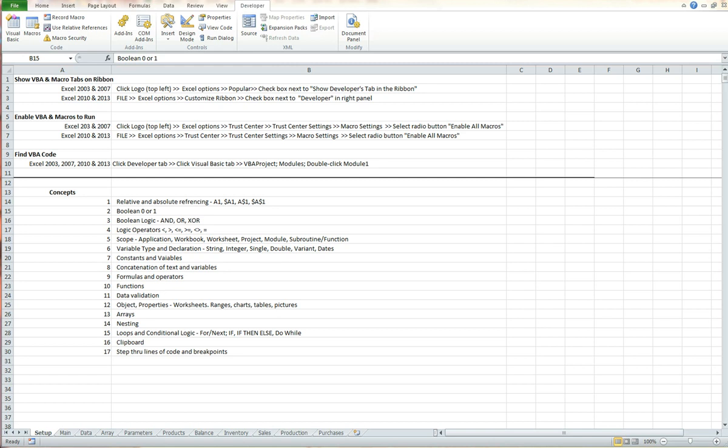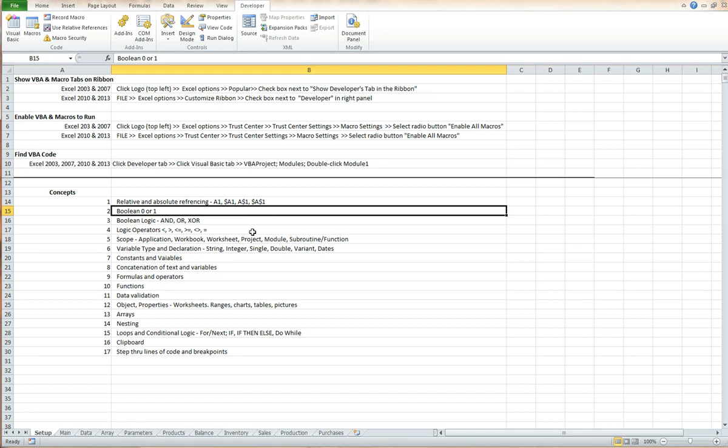So therefore, in a formula, you can actually have a calculation of real numbers where you're adding, subtracting, multiplying numbers together. But you can also do conditional testing where different parts of a formula will either be true or false. And then you can have operators between those, which would allow you to create more of a dynamic conditional test where it can include multiple conditions, and you would have logical operators in between those conditions. And you have 3 different kinds of operators that can work within Boolean logic: an AND, an OR, or an